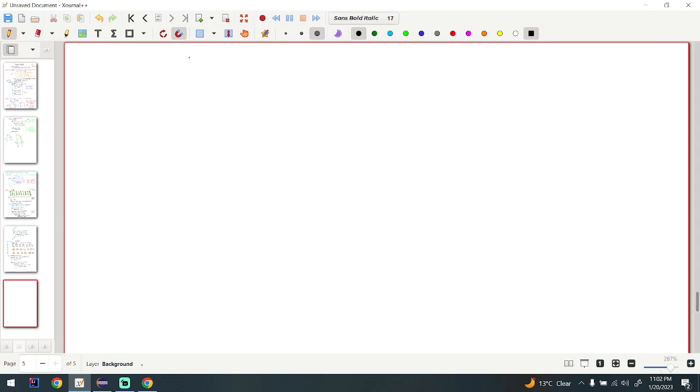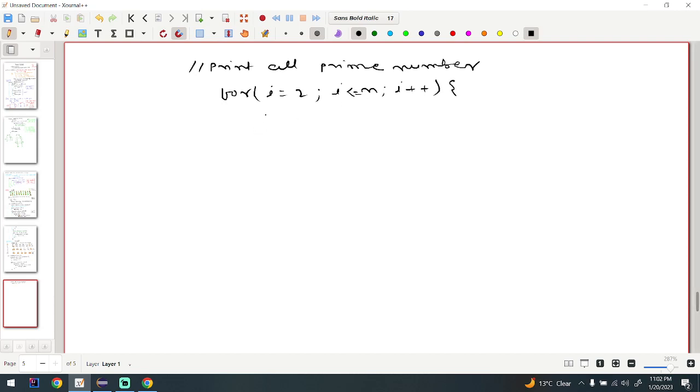Last thing we have to do is print all prime numbers. So for i equals to 2, i less than equals to n, i plus plus,